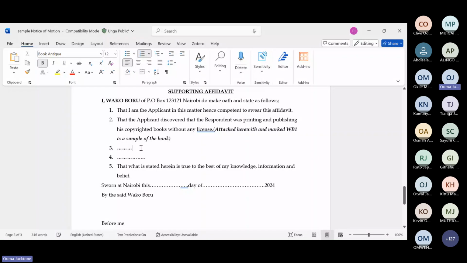For instance, let's assume paragraph 3 is not related to books. I'm still explaining a point. Let's assume that you are saying that you bought the property. Sorry, you are saying that it is a property that you bought. What is happening here?